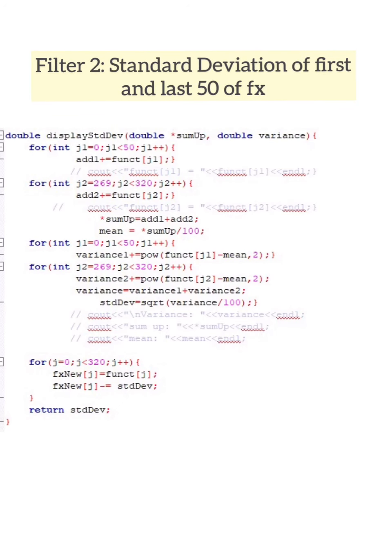The filter 2 is done within the function passed by reference named display std_dev. In this function, the pointer argument is applied. The sum up is declared as a pointer in the function prototype display std_dev. This function takes a pointer argument and passes an address, which can be the value of a pointer variable. In the function definition, the value of pointer sum up is modified and the value is used to calculate the